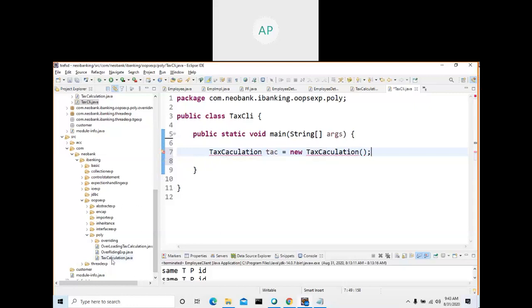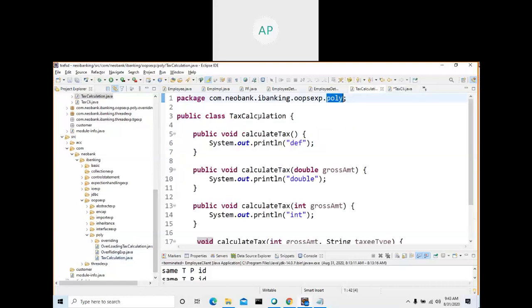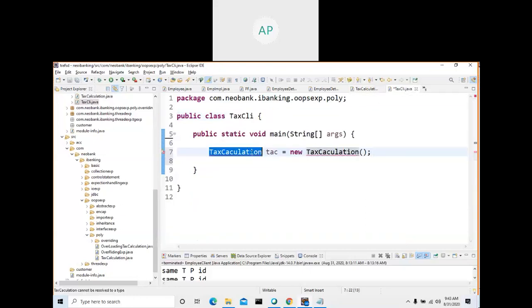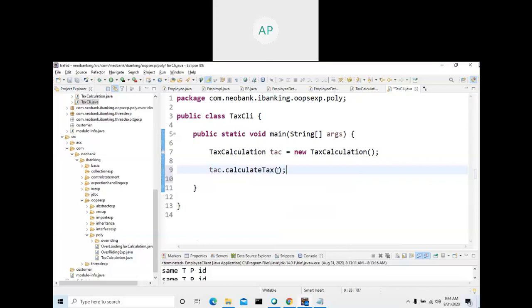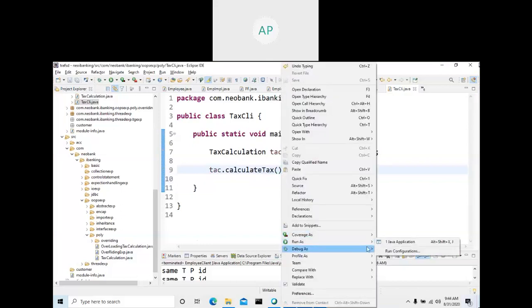Tax cannot be resolved. Tax calculation. Okay, I created one object. Let me call tax dot and see how many methods are there. Same method name. If I call this one, see the output.